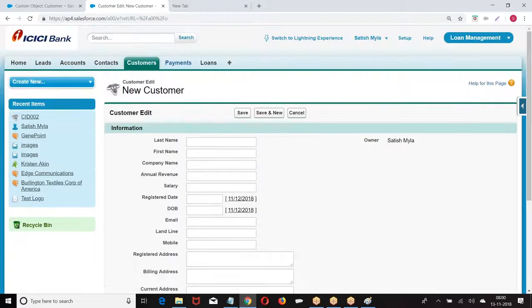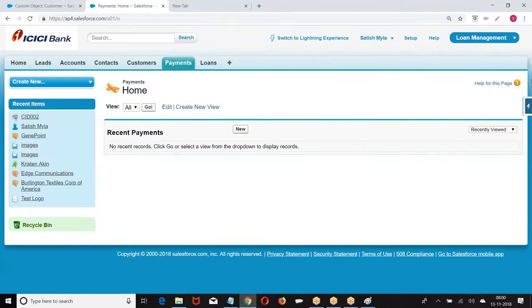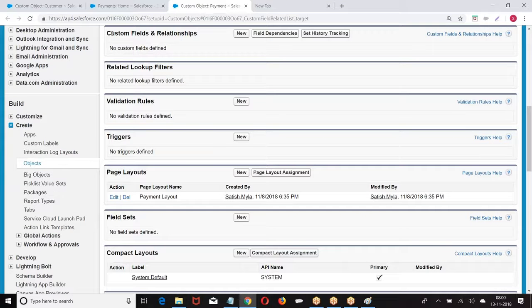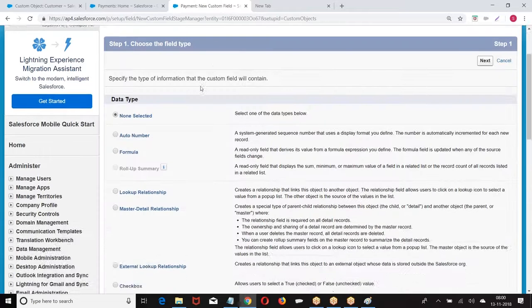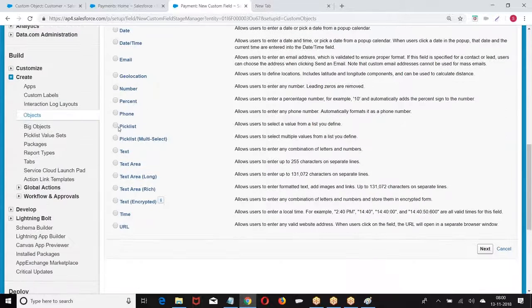Same thing I want to do with the payment. How do you create custom fields and relation? New, pick list.